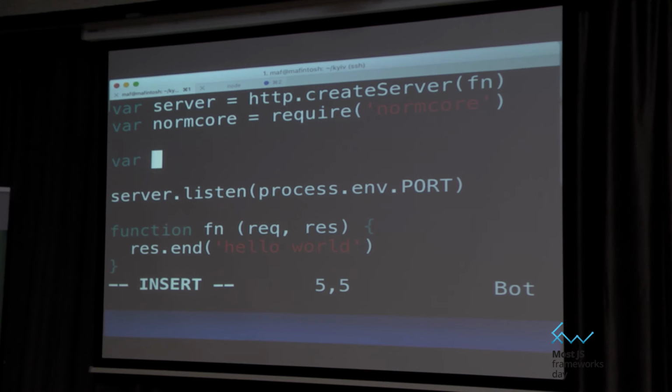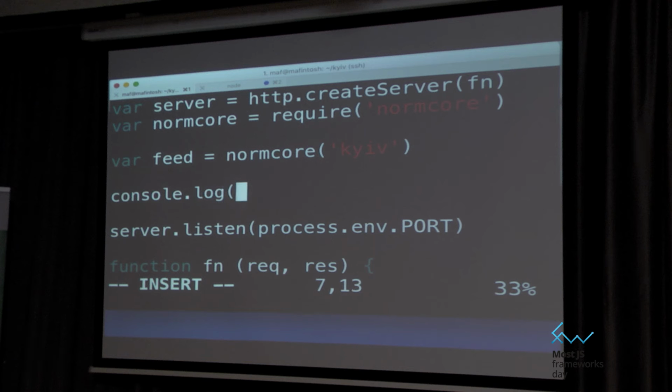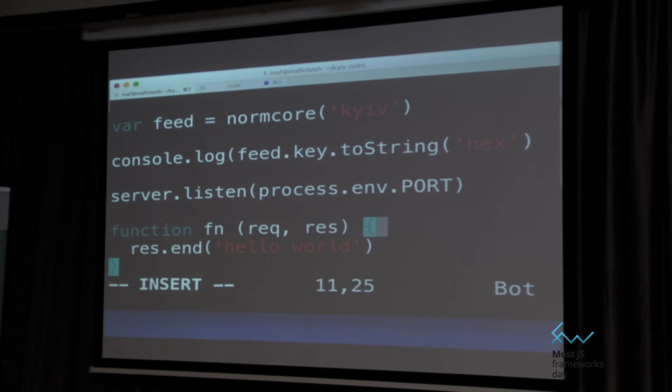You just instantiate that inside your program, and you give it a name. I'm just going to call it Kyiv, to continue with the theme. Then it has a key, like that hex key, and you just print that out so you can get it out. And the only thing you need to do is write logs to this feed instead, and you do that by using this append method.